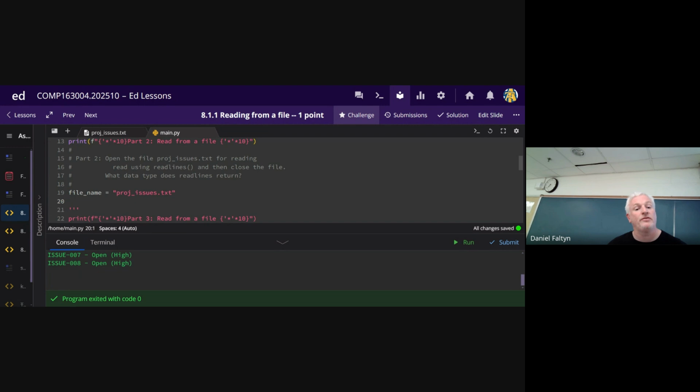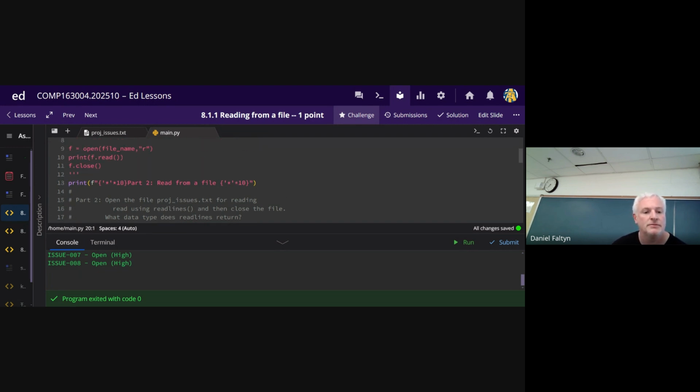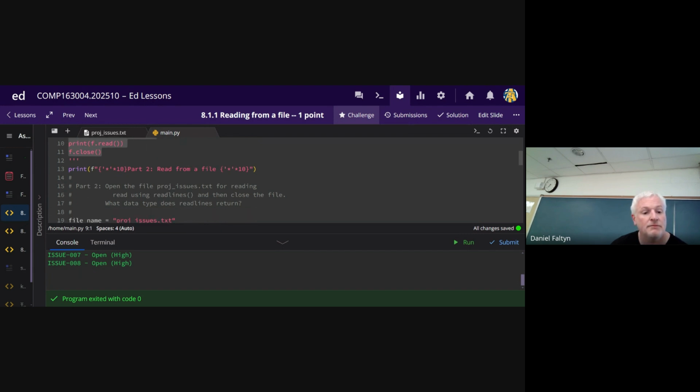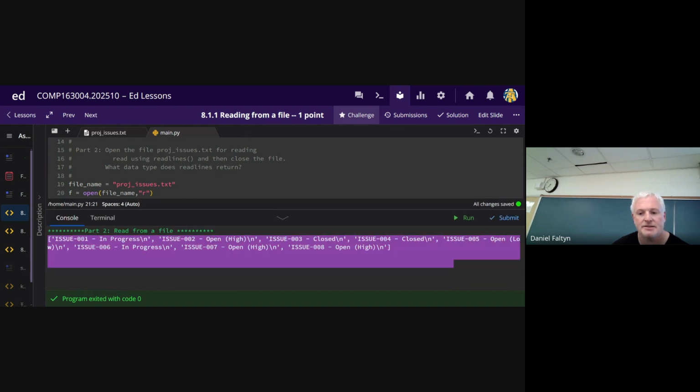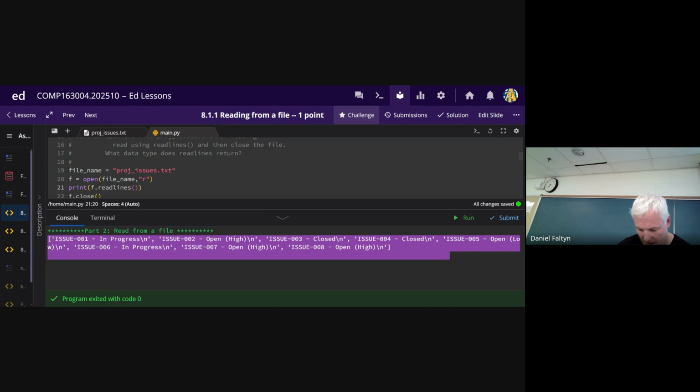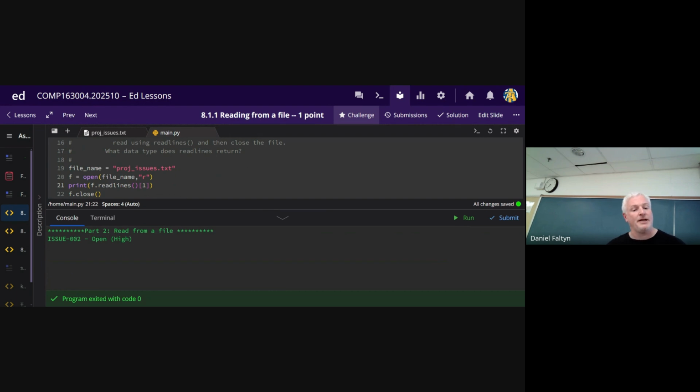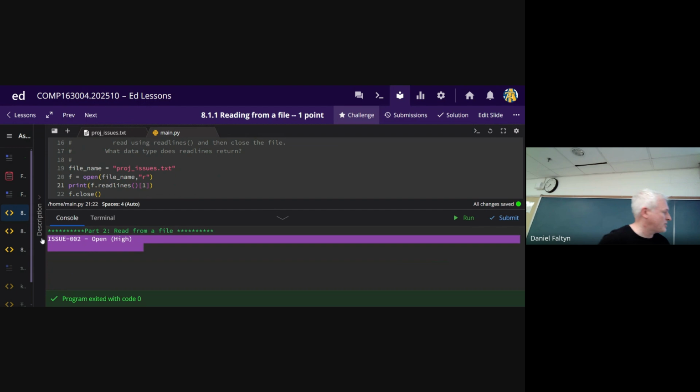Open the file for reading using just readlines, then close the file. Again, lazy. Open for reading, and then just do readlines. Gave me a list. Now, because it's a list, I can do something like index 1 to get not the first element, but the second element. That was my second element. And I have to use my mouse here to show you, but remember, that's that new line there. So kind of stinks, but it is what it is.